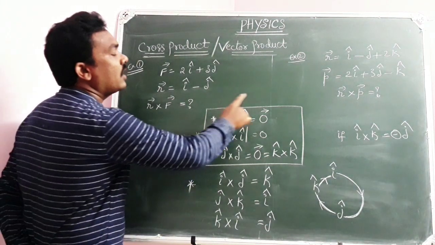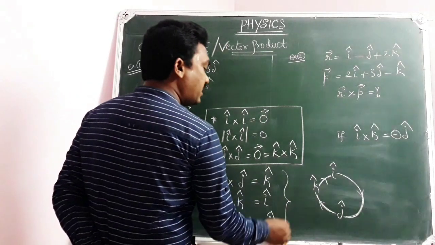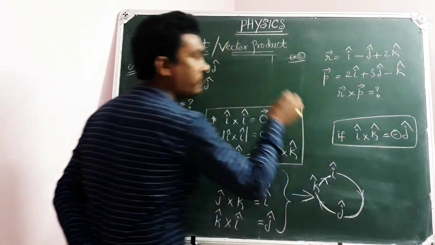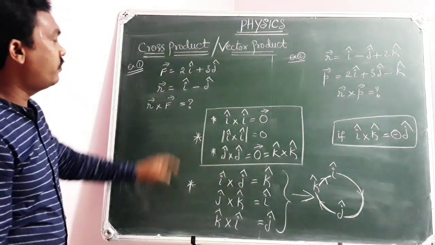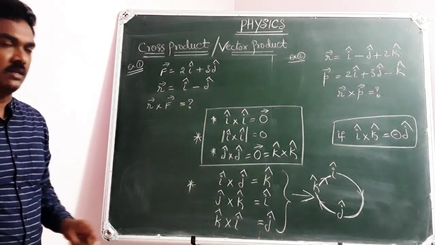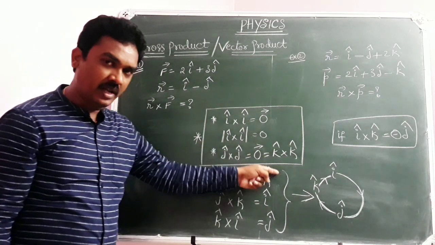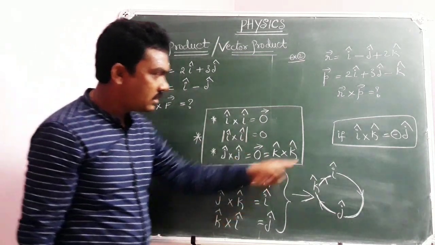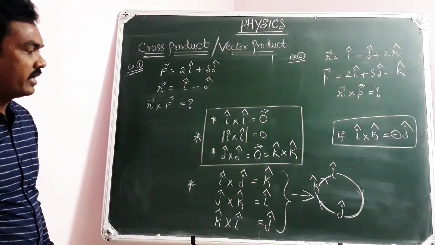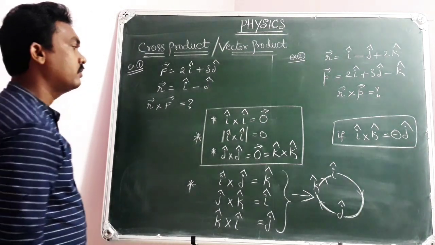So this is all about the cross product among the unit vectors defined along the coordinate axes. These are the points you first write in your notes before getting into the example analysis of the cross product of vectors. Keep the video paused and note this down. I am going to erase this.